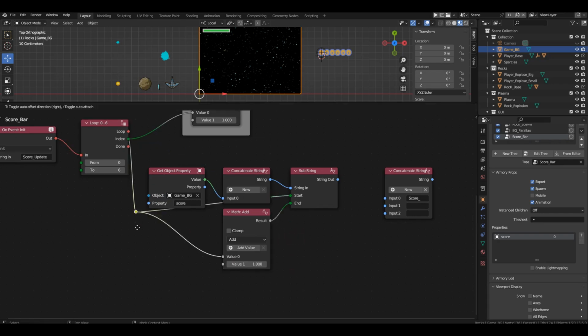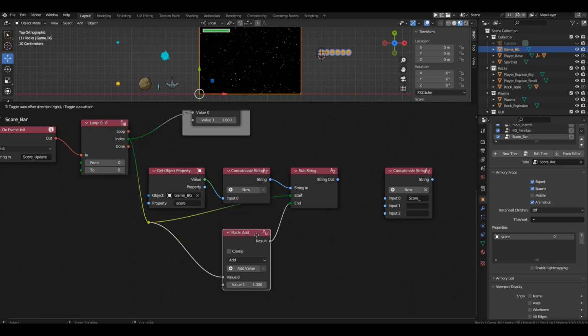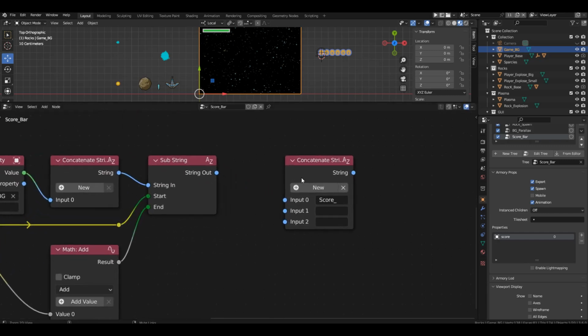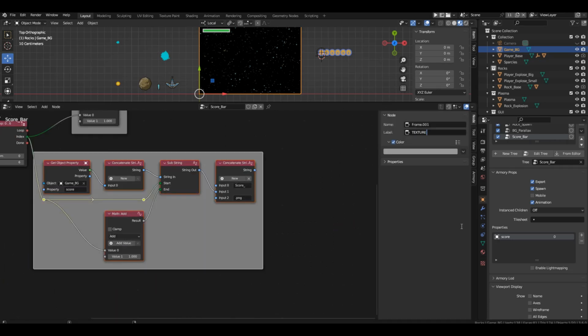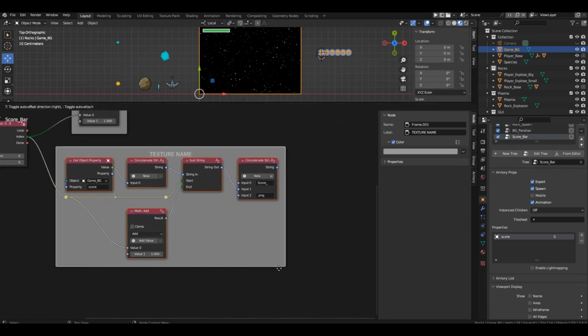Now, in each cycle, we will obtain the value of each of the 6 columns separately. All that's left is to enter the file extension into the third slot. .png. Now, for clarity, we can output the obtained data to the console.